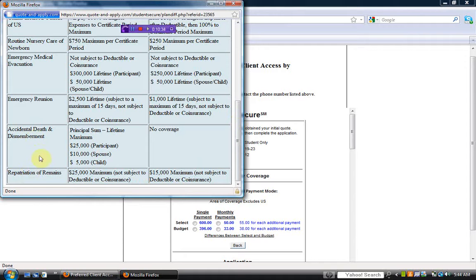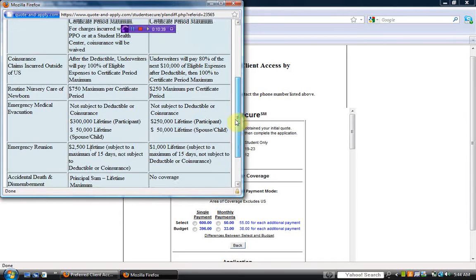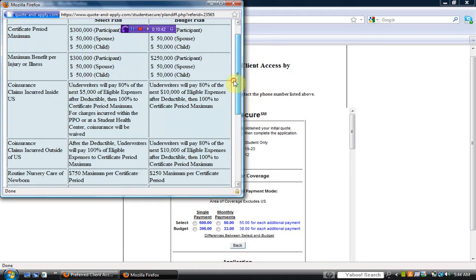Repatriation of remains, if this were to occur and there was a death involved, getting the remains back, there's obviously a difference of $10,000. So the biggest thing to point out here when you're considering the difference of roughly $204 to $200 over the course of a year is the anticipated out-of-pocket costs associated with the coverage of the fees outside of the deductible. And I think that's a personal choice that any one of the clients has to make. If they want to assume that there's a likelihood of something, and they don't want out-of-pocket expenses, then I would select that they choose the select plan. If they feel that this is simply an insurance